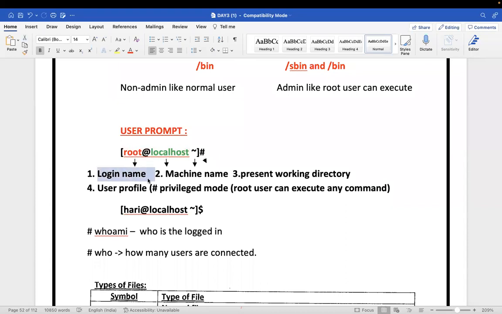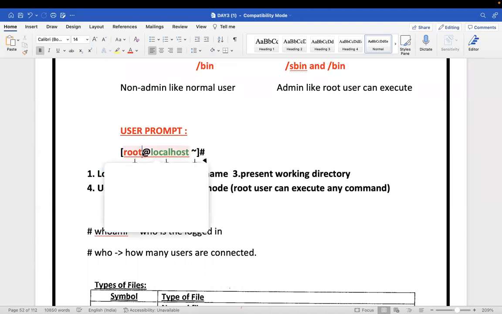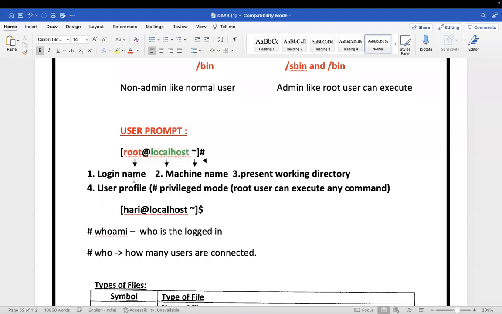I log in as the root user or as a normal user, like EC2 user or Hari user. Here, I logged in as the root user. The second part is the machine name, server name or host name.